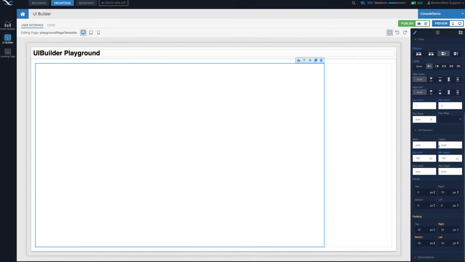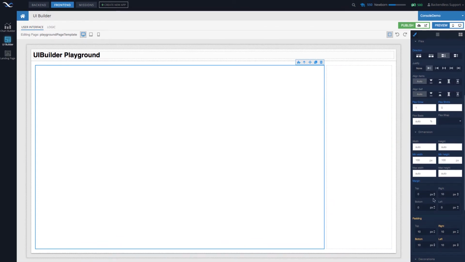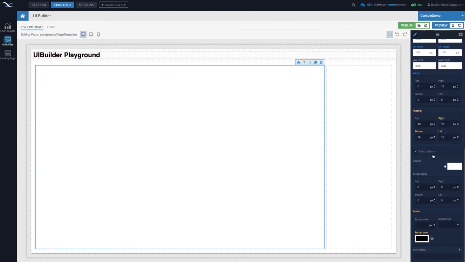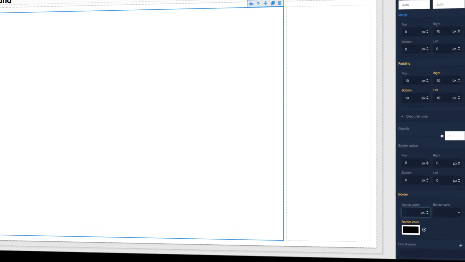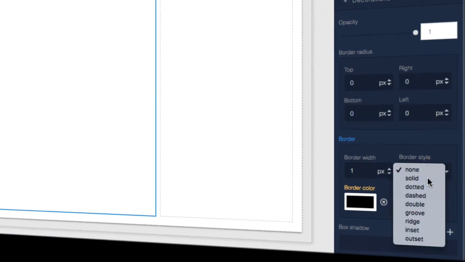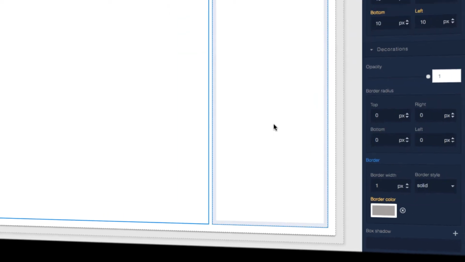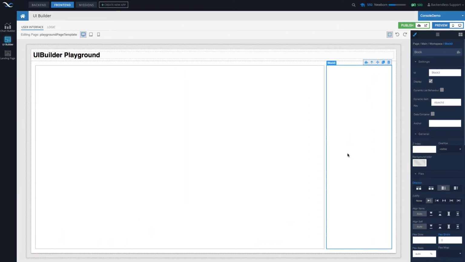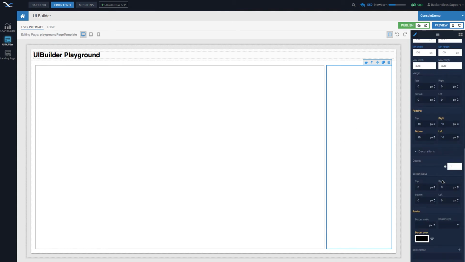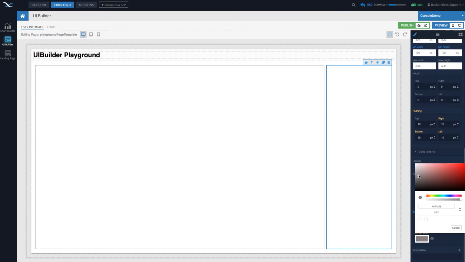And let's add some borders just so they stand out from each other. So select this big block and then scroll down to the decorations section. Let's add a border of 1 pixel. The style is solid. And then for the border, I like to put kind of light gray. And we will do the same thing on this block that will contain the log messages. Once again, scroll down, border 1 pixel, border style solid, and kind of this light gray color for the border.